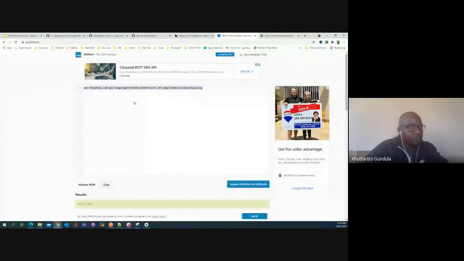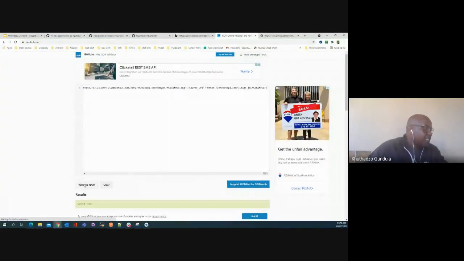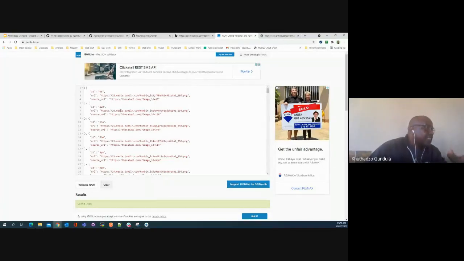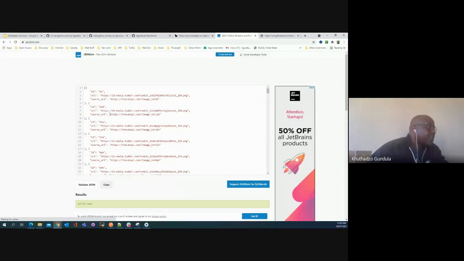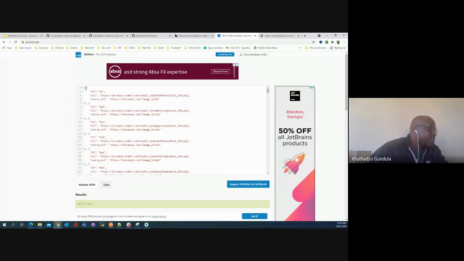Just need to copy. And then you can say validate JSON. And then it's structured in a readable format. I can read it. I can make sense of this data, right? And when I look at this, I see it's a